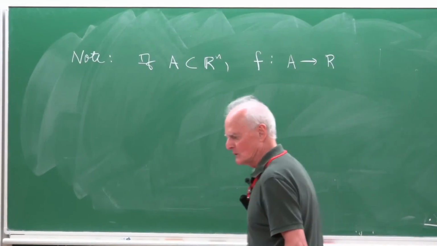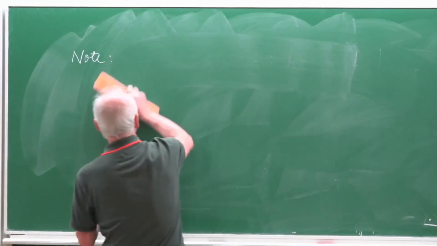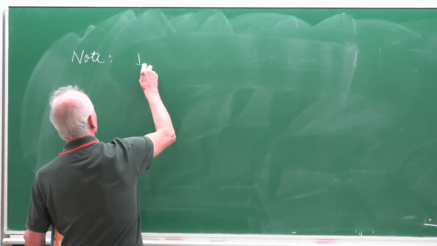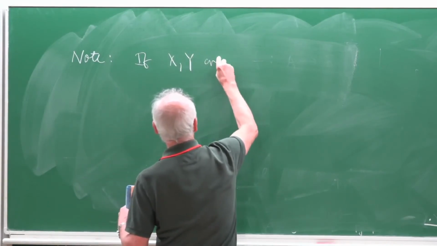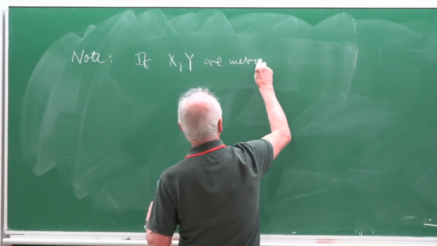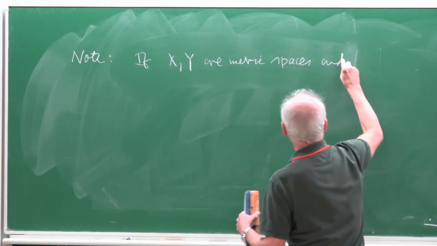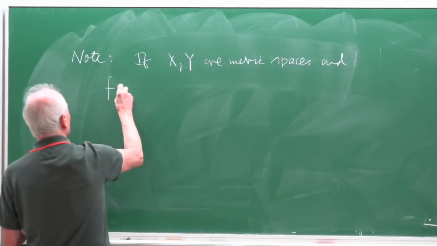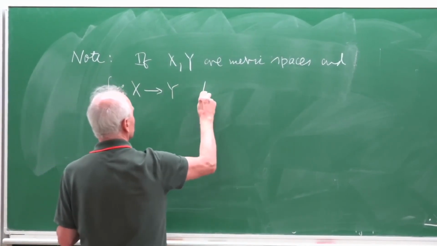Oh, in fact, this is a bit more general. Let's not be so specific. This is completely general. If X and Y are metric spaces, and if F is a Lipschitz mapping from X to Y, it's Lipschitz,